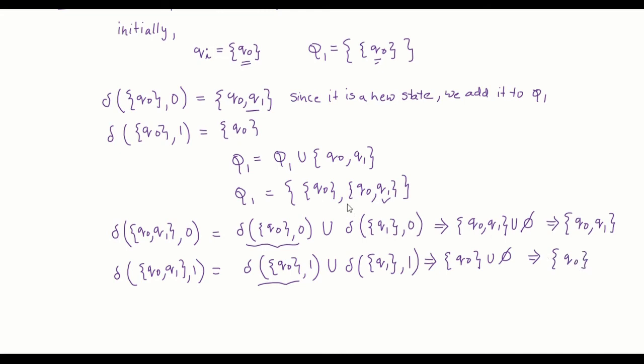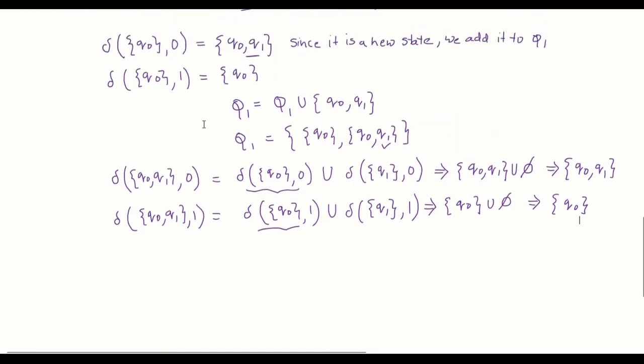Is this a new state? No, it is already present in Q0. So at the end of this iteration, before deciding should we continue or not, two things you note down. One, in this iteration there are no new states generated, and second, there is no other state yet to be considered left in Q1. So all the states in Q1 are exhausted. We have already considered a transition on 0 and on 1 for all the present states in Q1, and in this particular transition there is no new state generated which can be further added to Q1. So this is the exhaustion. This is the time we should understand that we have to stop, with no further iteration.